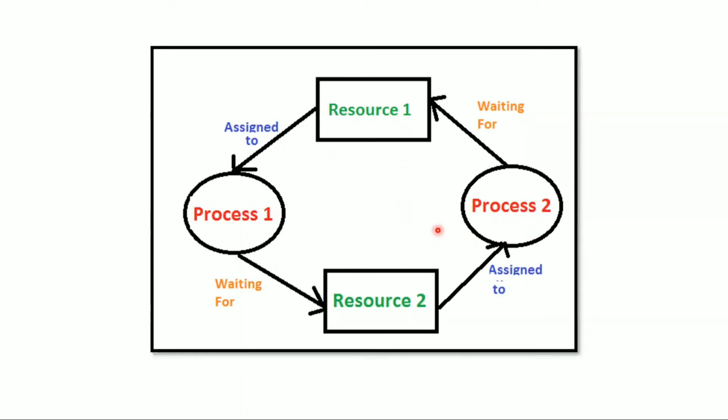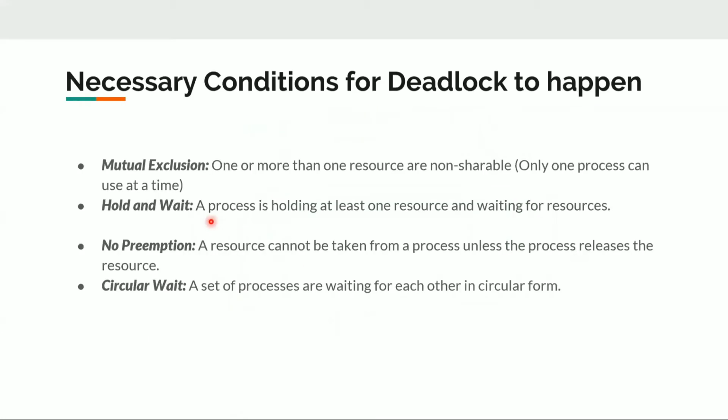In this situation, process 2 will not wait for resource 1. It will directly get completed because it is shareable, and after process 2 is completed, it will release its resource, and after that process 1 will get completed. So there is no deadlock. So for deadlock to happen, mutual exclusion should be there. That is, the resources should not be shareable. I hope you get this.